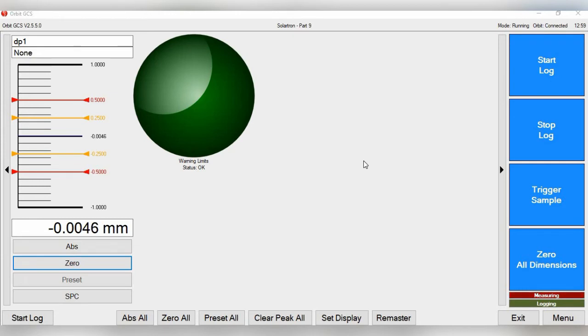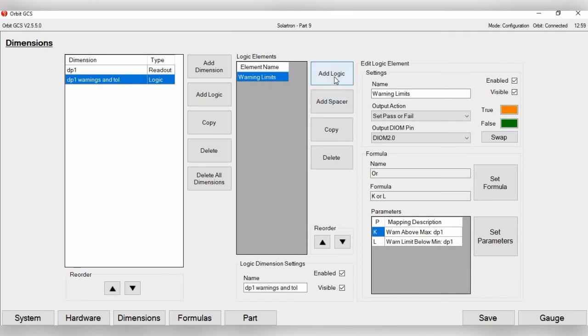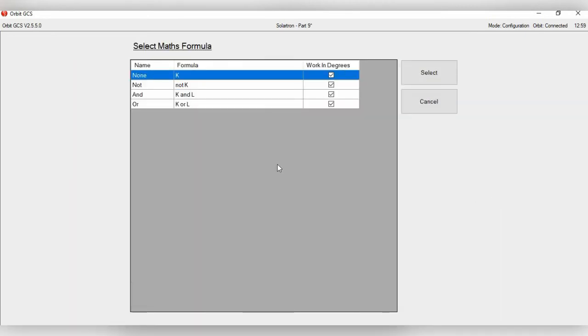So now let's set the same thing up for if you are outside the tolerance limit. Go back to menu, go back to dimensions, DP1 warnings and tolerances, and let's add another logic. Go here, set pass or fail, and we'll just have this be DIOM 2.1. Now for this, we're going to go a little bit different. We're just going to set formula to K. Click select here, and of course you can also set it the opposite. You can have it be not K, and then just have the alarm go off when it's not K. Click select,